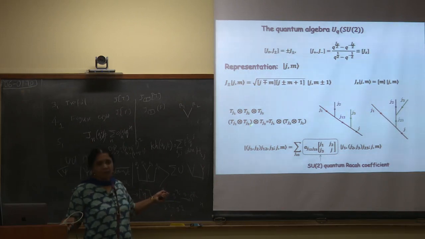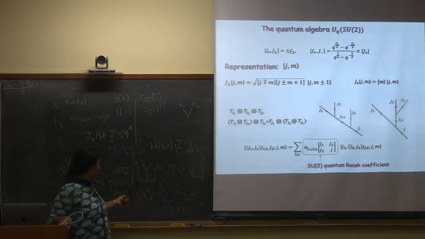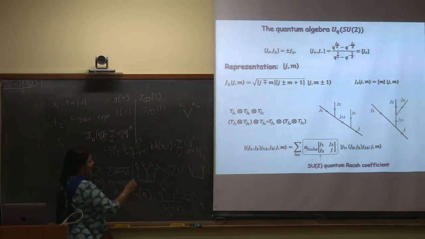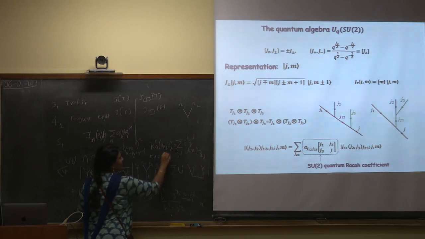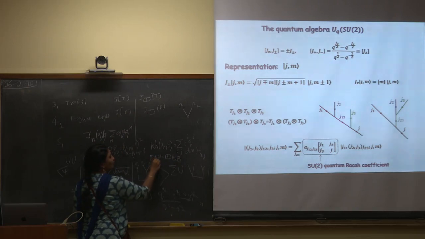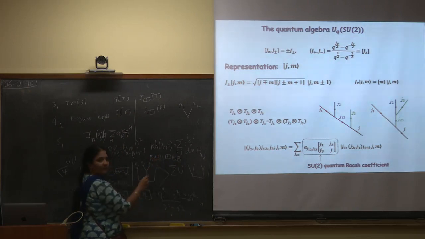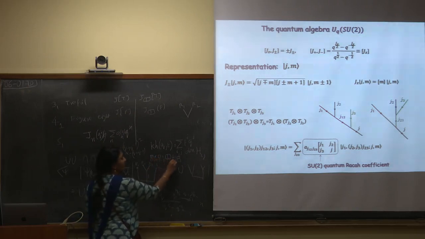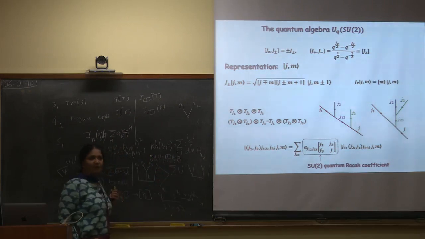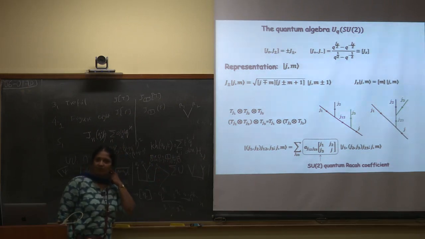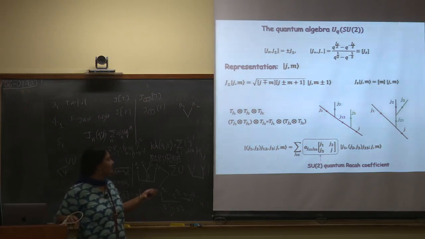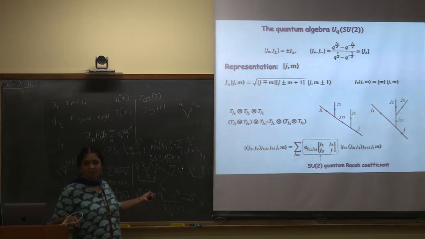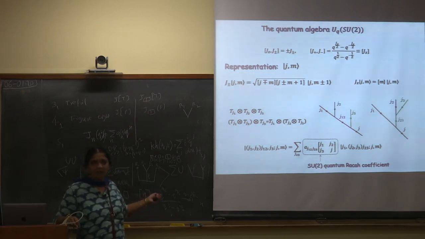It is really beautiful. All the tensor products, if you do spin half cross spin half, you will get Q number 2 times Q number 2, ordinary multiplication, is Q number 3 plus Q number 1, which is 1. So all these Q deformations also satisfy the ordinary number tensor product multiplication which you did.